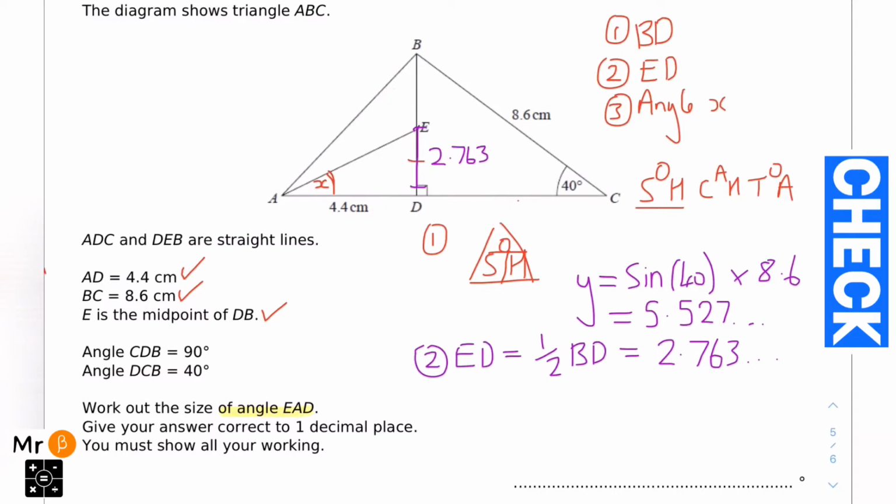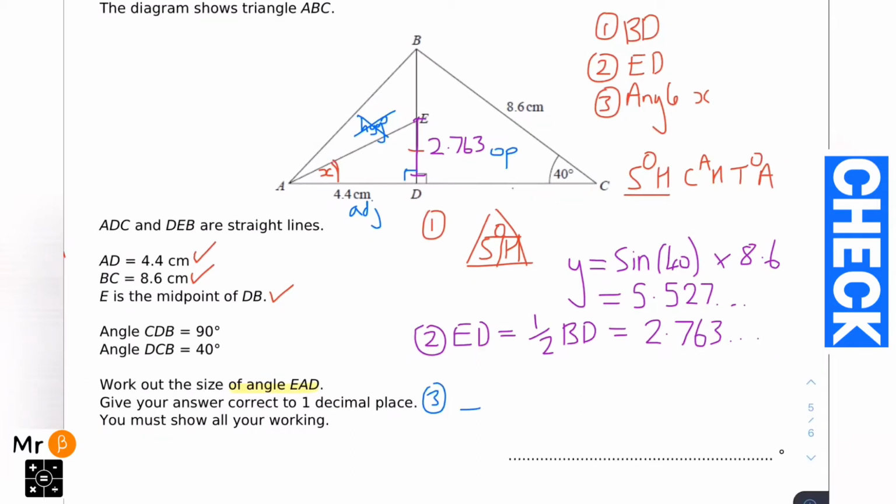So now we can label up our triangle. 2.763 is our opposite length. Our hypotenuse is opposite this right angle here. And then our adjacent side is the one touching both of them. So here, we don't have any information about our hypotenuse. And we've only got information about our opposite and adjacent. So again, we're going to draw out our triangle, which has the lengths opposite and adjacent in,